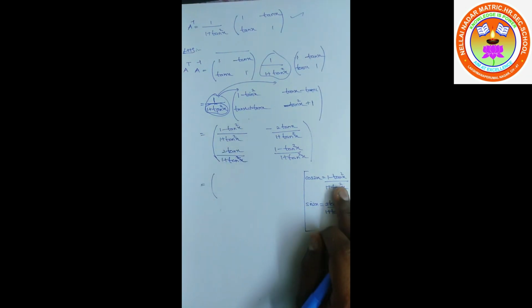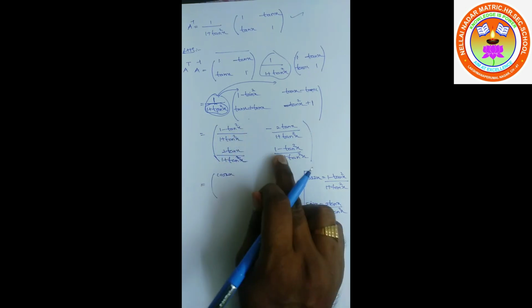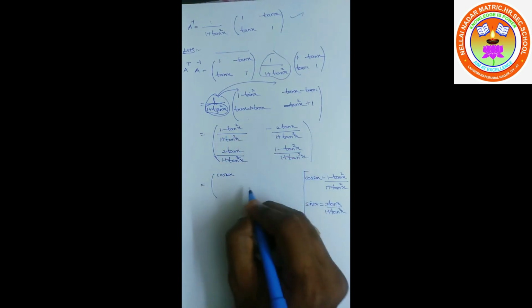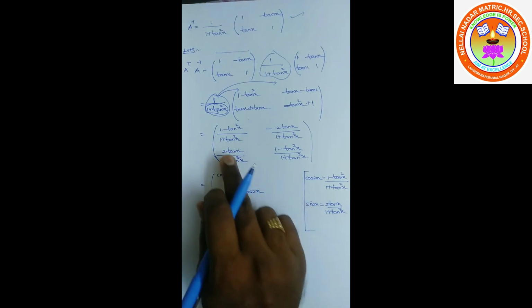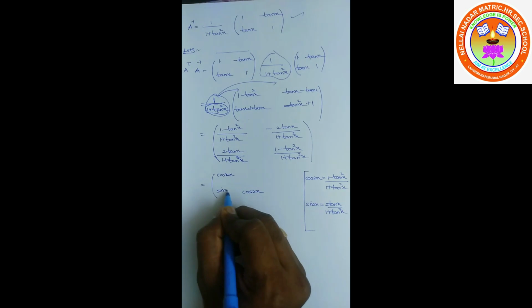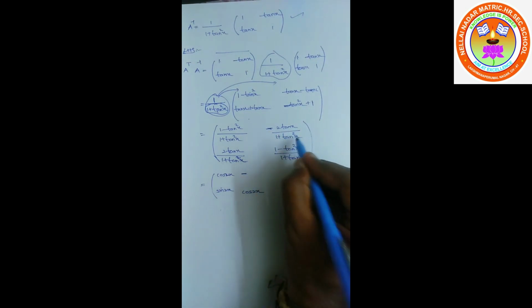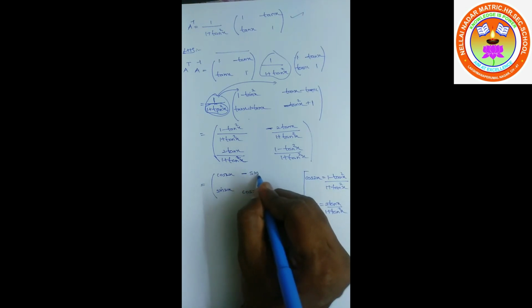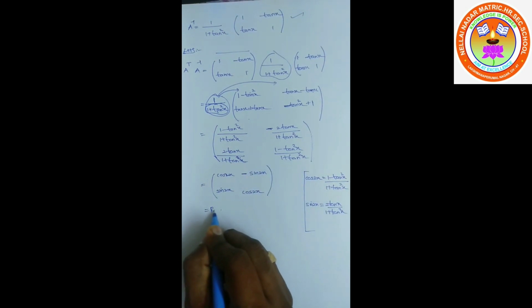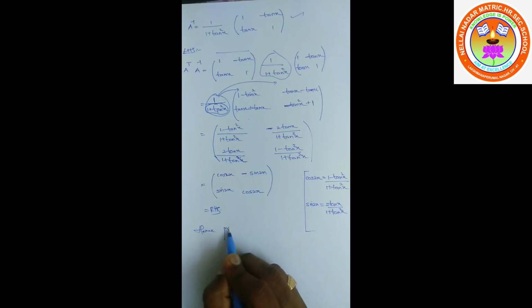So 1 minus tan square x over 1 plus tan square x is cos 2x. The same here also: 1 minus tan square over 1 plus tan square x is cos 2x. 2 tan x divided by 1 plus tan square x is sin 2x. Leave the minus as it is. So 2 tan x divided by 1 plus tan square x with the minus is nothing but minus sin 2x. So this is the RHS. Hence proved.